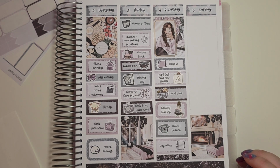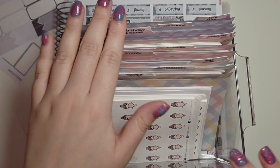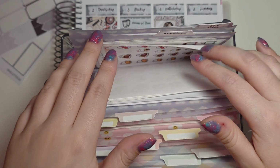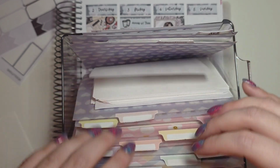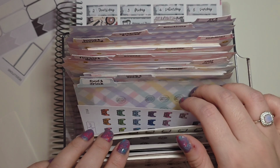Finally on to Sunday, and I've just actually realised that I have not pulled a sticker. So, now where did I put these? Did I put them in Christmas? No. Did I put them in...